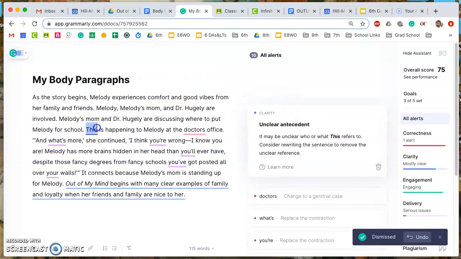And this is one thing too, unclear antecedents. When you have this, what is happening? Tell us what is happening. You can't just have a vague this, okay? So elaborate on what is happening. Because they're discussing where to put Melody for school, but it's not just a discussion about the school. If I want to give even better context, you can mention something along the lines of